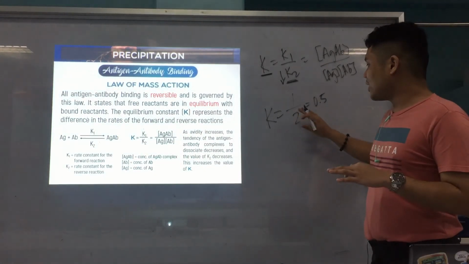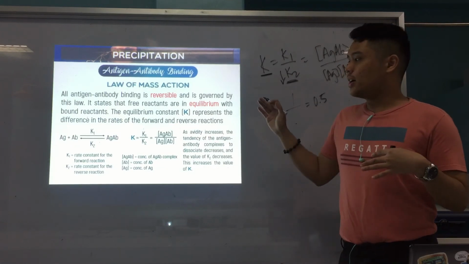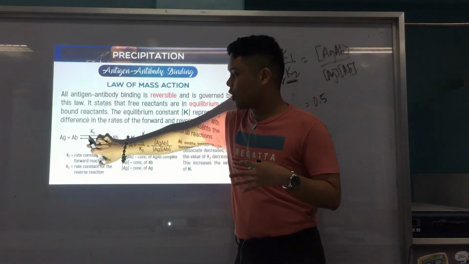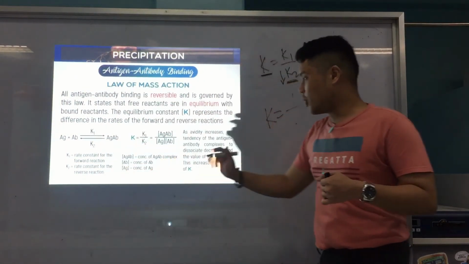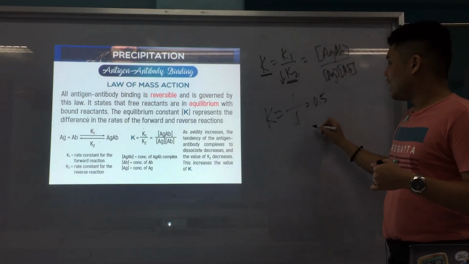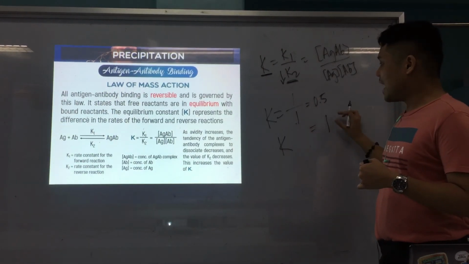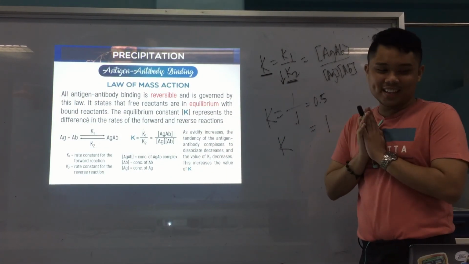Now, let's say K2 decreases because, again, the avidity increases. So, there are fewer chances for the product to form. Therefore, the reverse constant, K2, decreases. So, for example, it becomes 1. Alright? So, that's now equal to 1, your overall K. Therefore, your constant has increased. Okay? I hope you got it, guys.